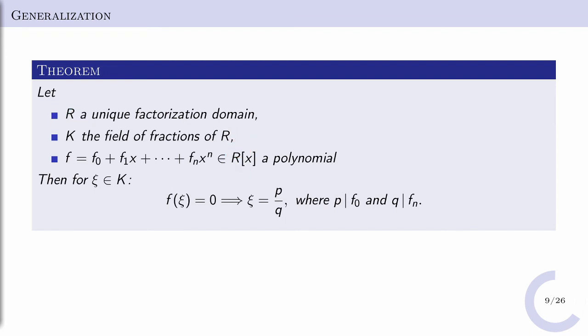If this polynomial has a root xi, a fraction of elements from this ring, then the numerator must divide the constant term and the denominator must divide the leading term. So exactly the same proof proves this more general theorem. Now the last of the